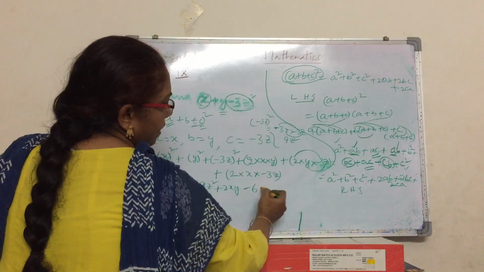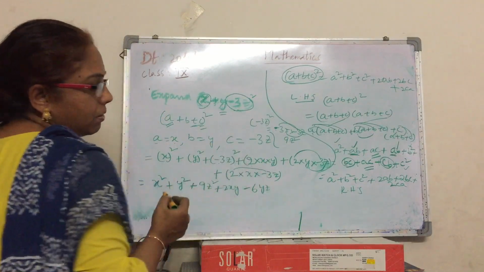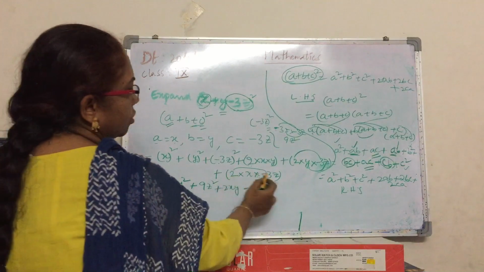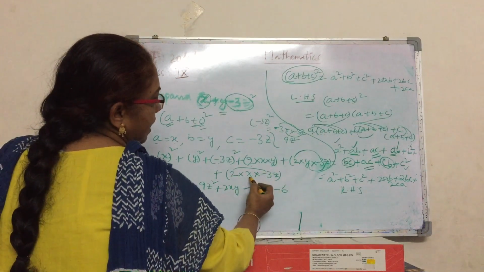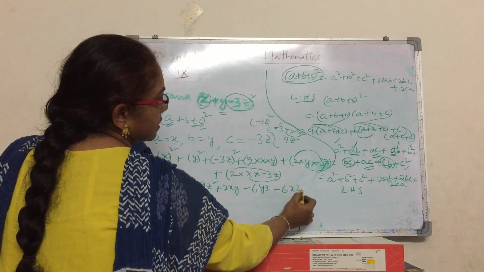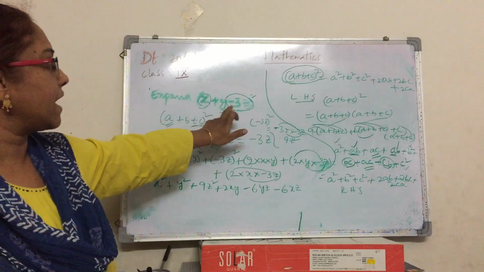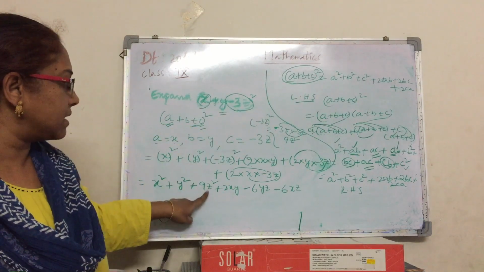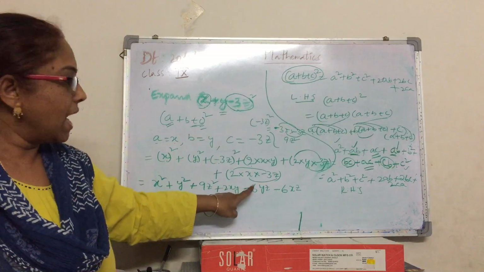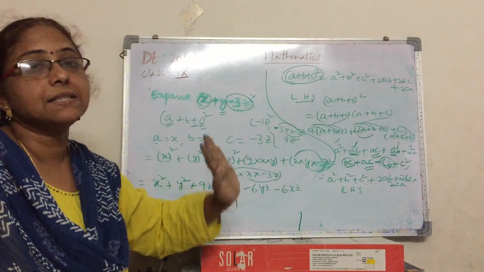And the variables are y into z, yz. Now here the numbers are 2 and minus 3. Multiply those two. 2 into minus 3 minus. So minus here plus minus you will get 6. And the variables are x into z, xz. So what is the expanding form of this x plus y minus z whole square? It is nothing but x square plus y square plus 9z square plus 2xy minus 6yz minus 6xz.